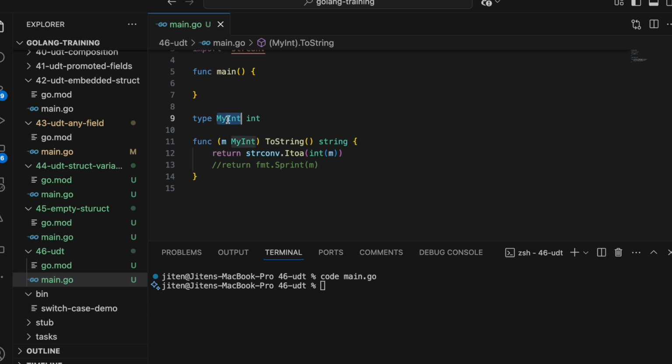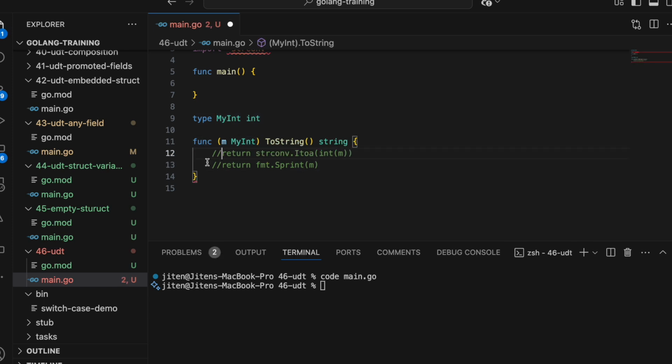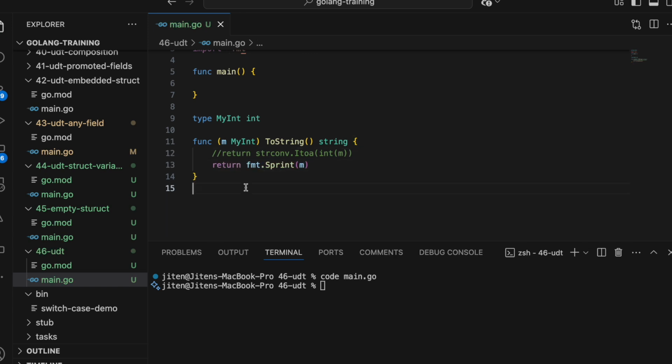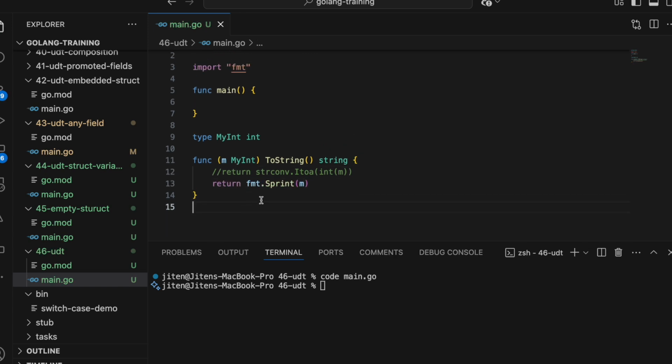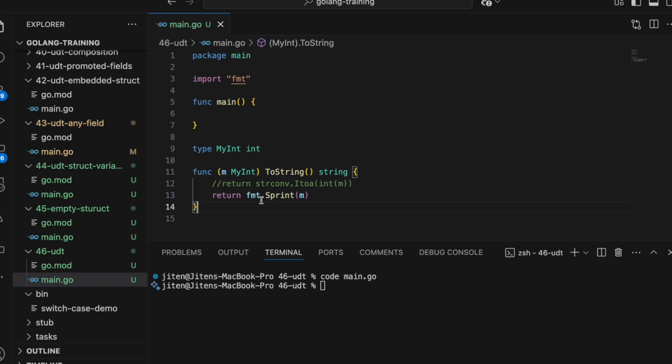M is of type myInt, so you need to typecast it to integer and return it. Instead, this is an even easier approach. Now my int contains a method